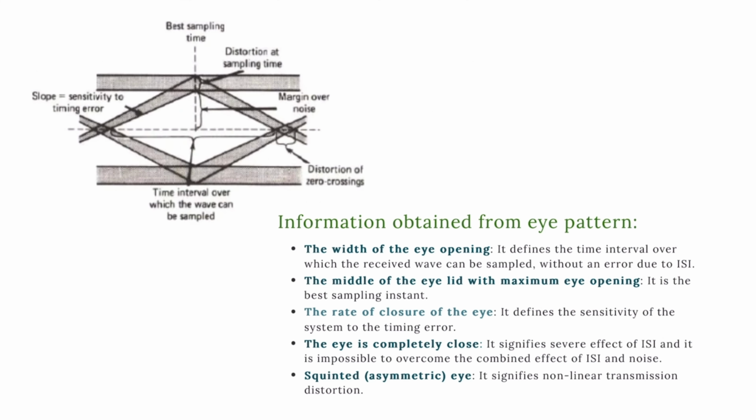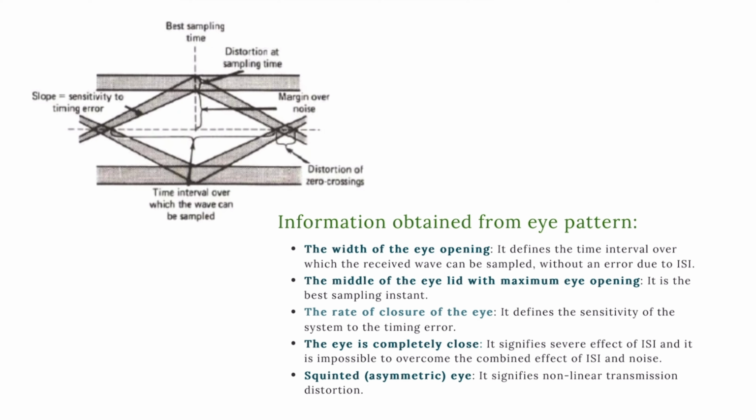So this is the eye diagram, in which the width of the eye opening defines the time interval over which the received wave can be sampled without error from the intersymbol interference, and the height of the eye opening at a specified sampling time determines the margin of the noise. The sensitivity of the system to timing error is determined by the rate of closure, that is the shape of the eye opening,